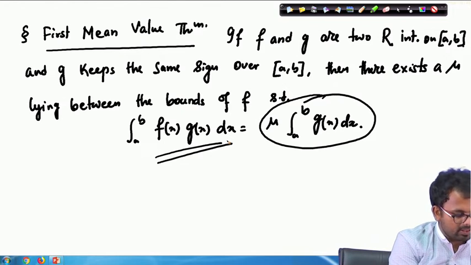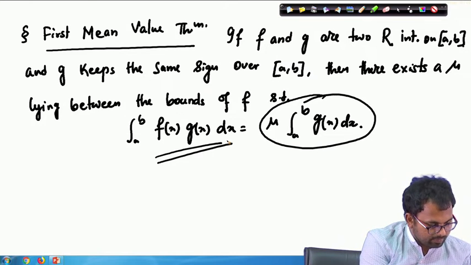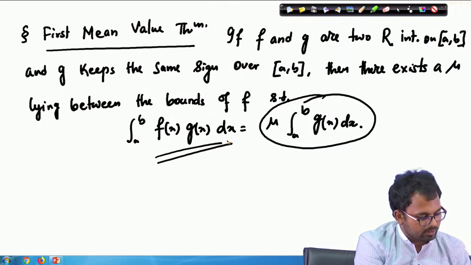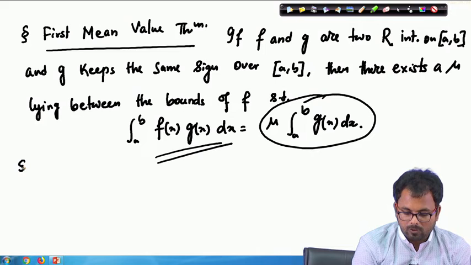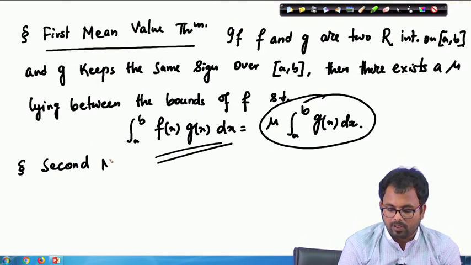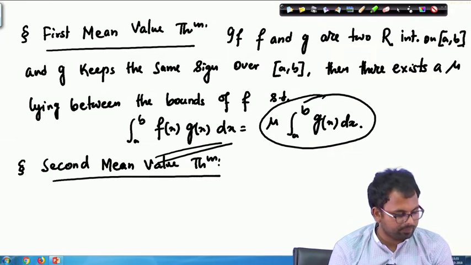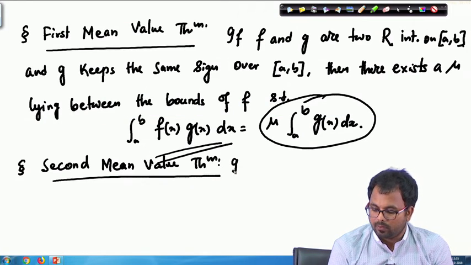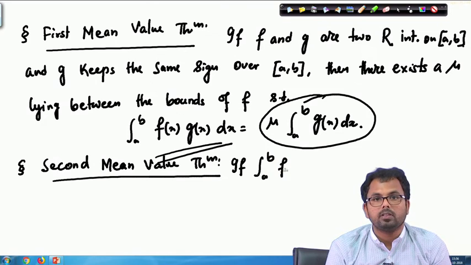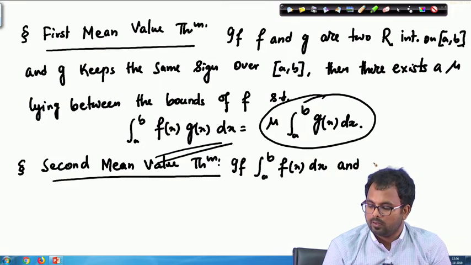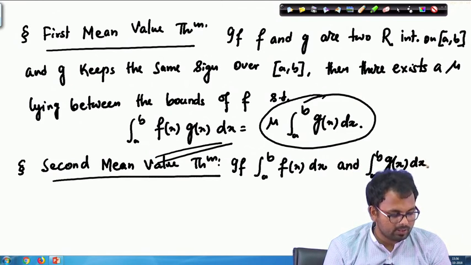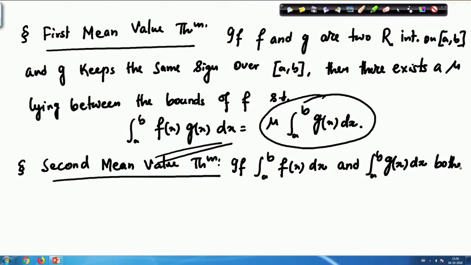The next theorem in this regard is the second mean value theorem, which says that if the integral from a to b of f(x) dx and the integral from a to b of g(x) dx both exist, and f is monotonic on the interval a to b,